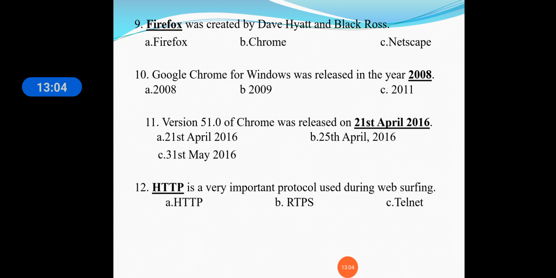If you have any questions or queries, you can ask me in the classroom itself. So that's all. This was our lecture on MCQs on chapter number 1 and chapter number 3. So let's quickly revise what we have learned here.